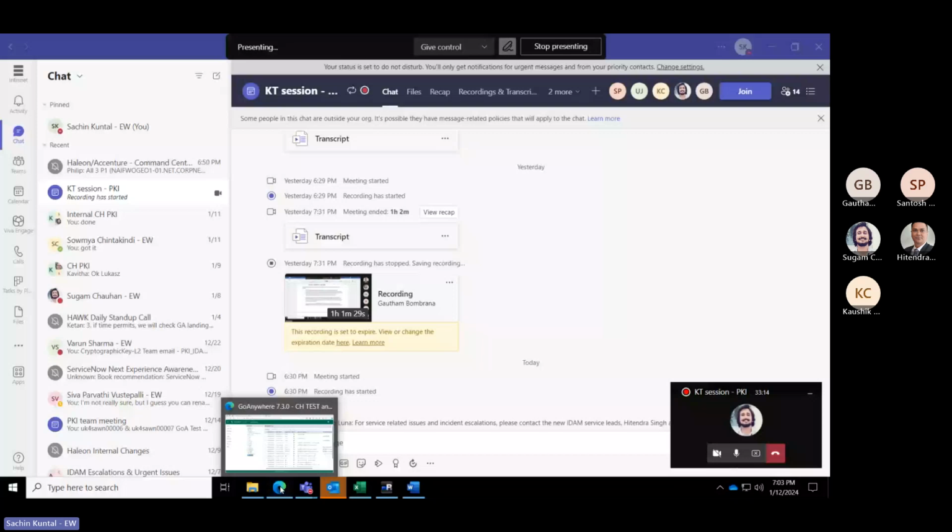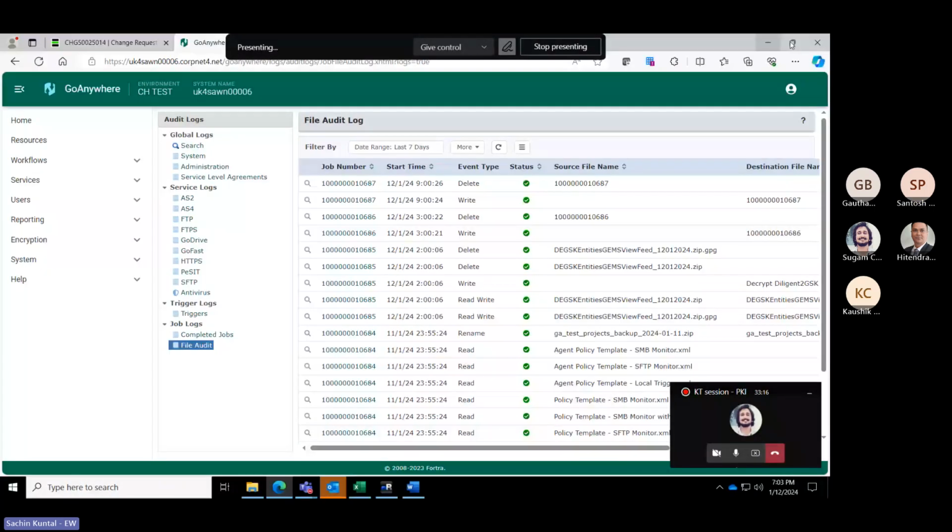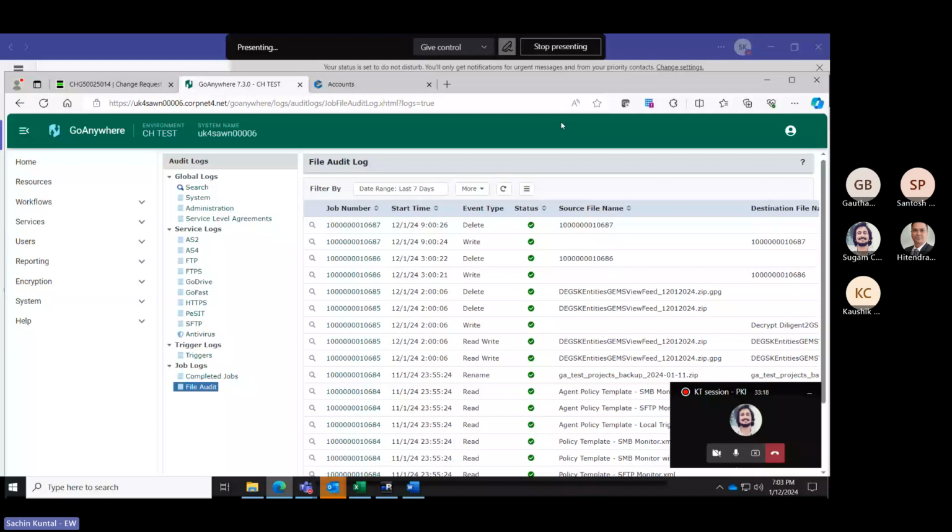Talking about upgrading the version, when we say patching, mostly it is about version upgrade for GoAnywhere. If I go to the help section and click on About, we will see the version number over here.